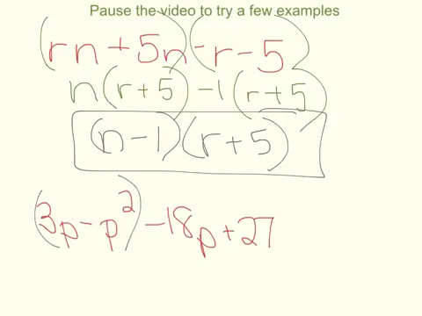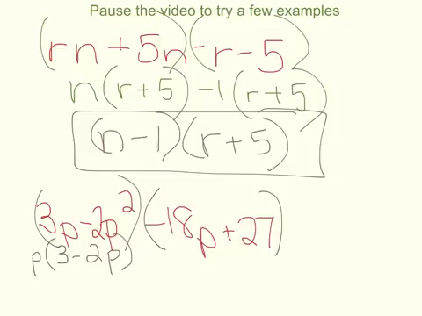And for the next example, I might run out of room on this one, but we are going to combine our 3p and our negative 2p squared, and then our negative 18p plus 27. So the first thing you want to do is pull the p out front, so you're going to have 3 minus, sorry, this should be a 2p squared. Sorry about that. That would get you p times negative 2p plus 3